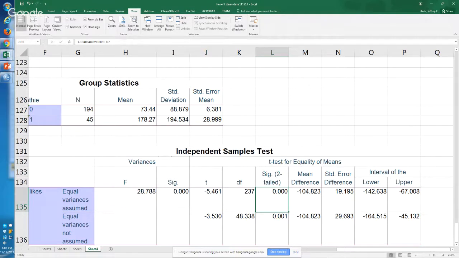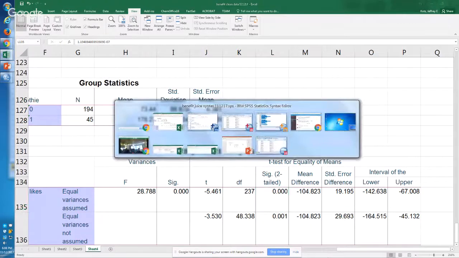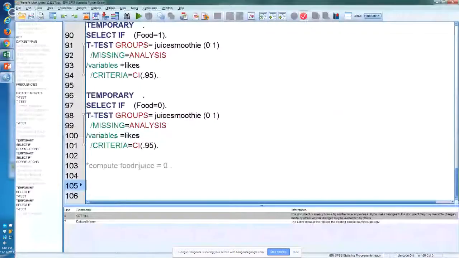Maybe it has something to do with that you have to have at least either a food or a drink, but you don't necessarily have to have both. Yeah. Come back here, and we create a variable called, rather than food and juice, food or juice. I'm going to say from the start that I haven't coded any of them, so they all get the value of 0. But if food equals